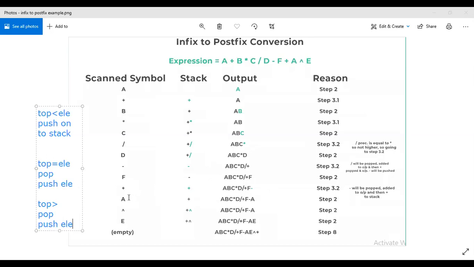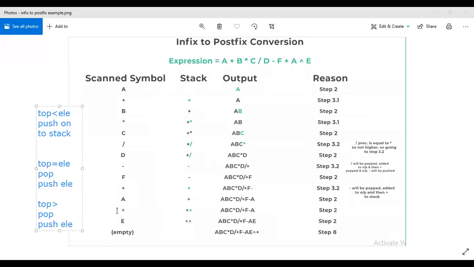So again, in the next step, A is encountered. I will print it because it is an operand. No problem. Operand means straight one step only, that is print that operand. That's all. Whenever an operator comes only, we will have three options. What to do? That point you have to remember. That is the main thing you have to remember. See, whenever A comes, I will print that A value as is. Now next thing you can see.